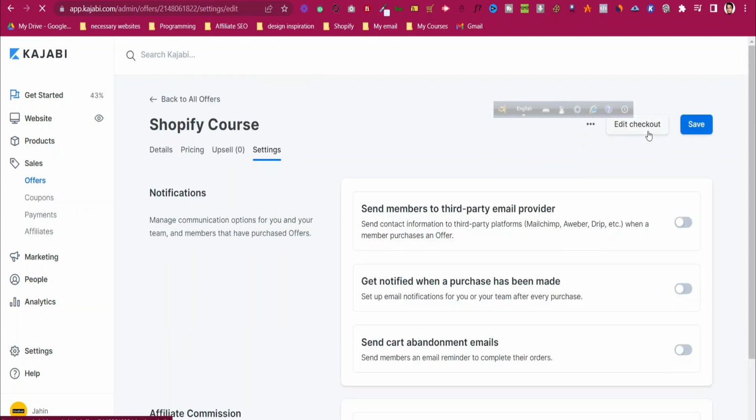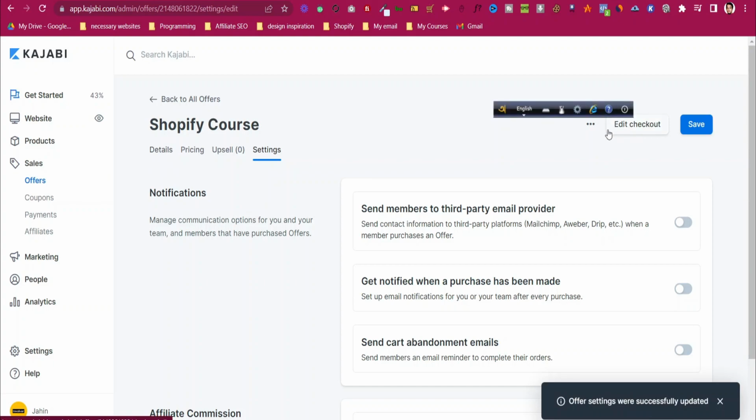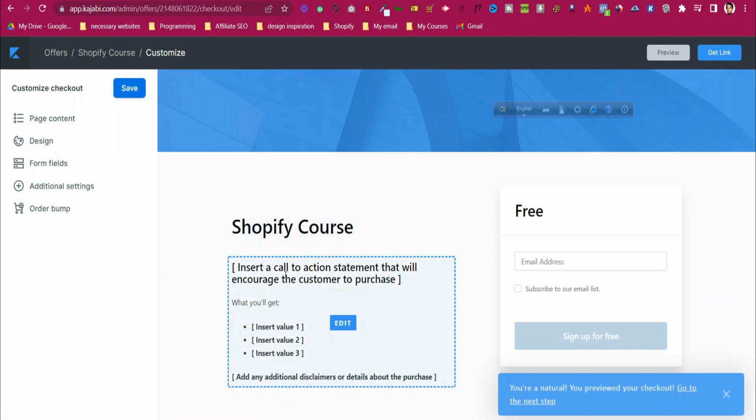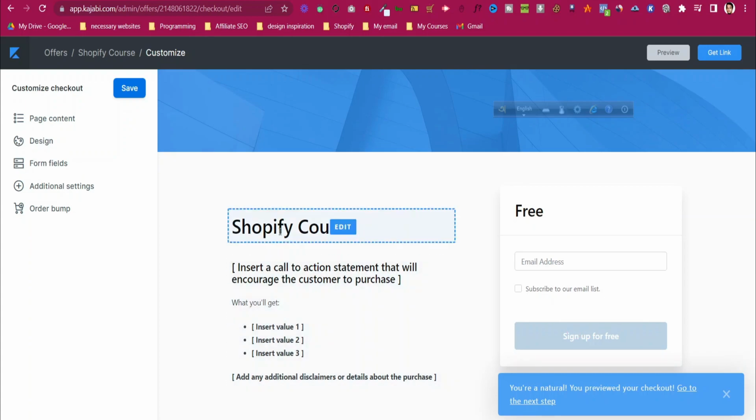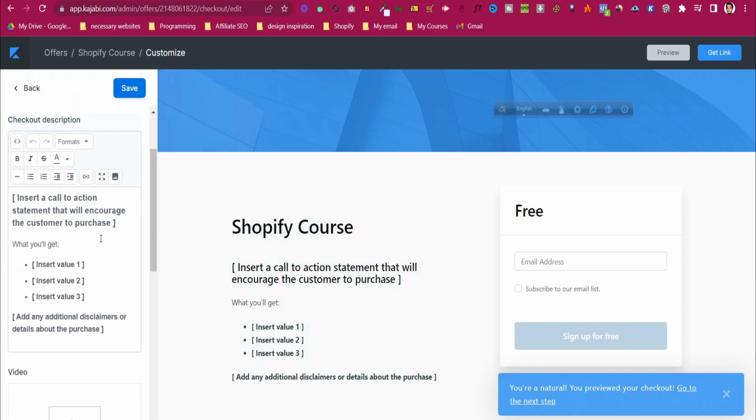And here you can see there is something called edit checkout. What is the edit checkout option? If you click on that, it will open a checkout page where we are selling our course. In that case you can see the price and the people who will sign up. And in that case you need to change